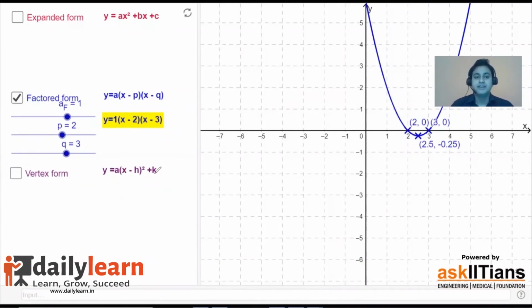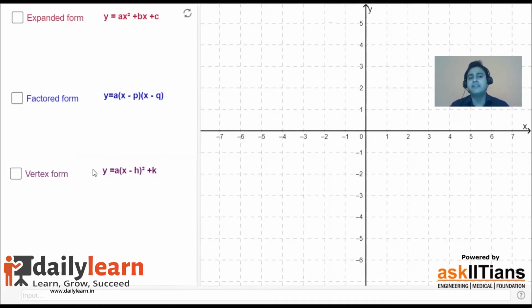Now the next thing: what will happen if we cannot factorize it? That's a really interesting question, isn't it? We cannot factorize everything because we may not be able to find a number with a certain product that can be split into the sum of two numbers. But we will learn later that we can actually complete the square. Every quadratic equation can be written in terms of a whole square.